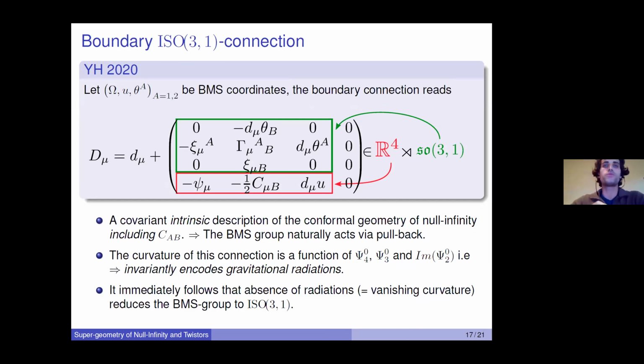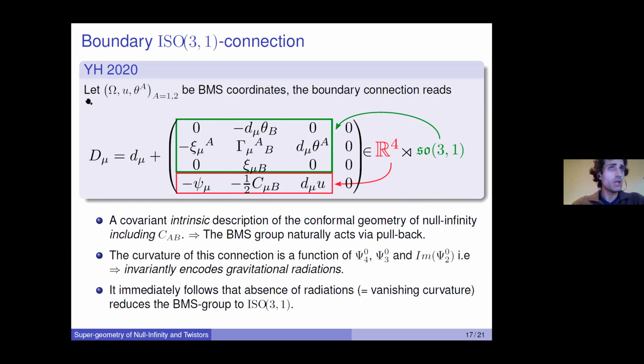So it's putting the two fields together into a nice geometrical object. In particular, the BMS group, which is just a group of diffeomorphisms of the boundary, acts naturally just by a pullback on these fields. So the transformation rule for the shear, for example, is very natural from this